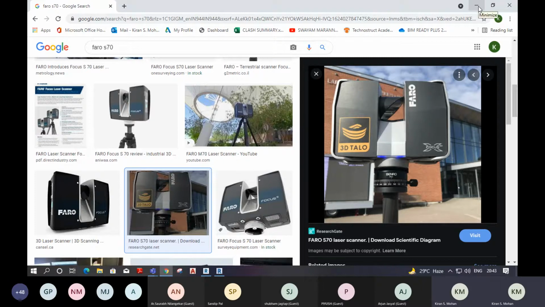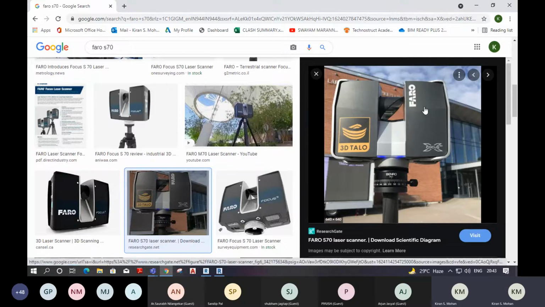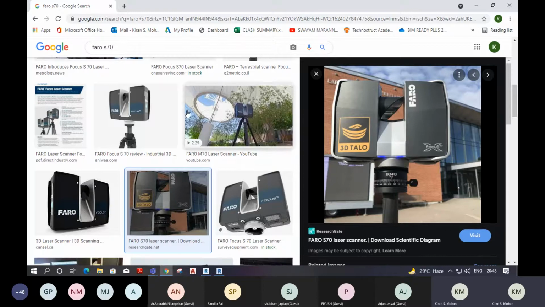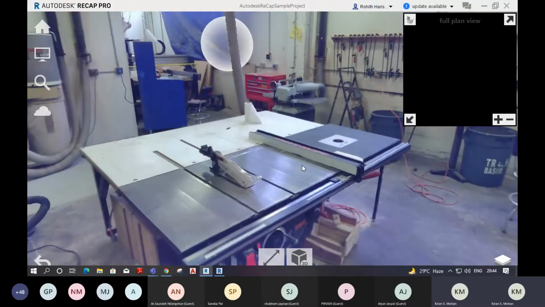For example, if you are purchasing this Faro equipment, then instead of Recap, you will get another software called Faro Scene. And if you are going for Trimble, there is another software called RealWorks. In those software, you can do the same work. You can review the scan data, measure the distances, and club the data. All these processes can be done in those softwares also.